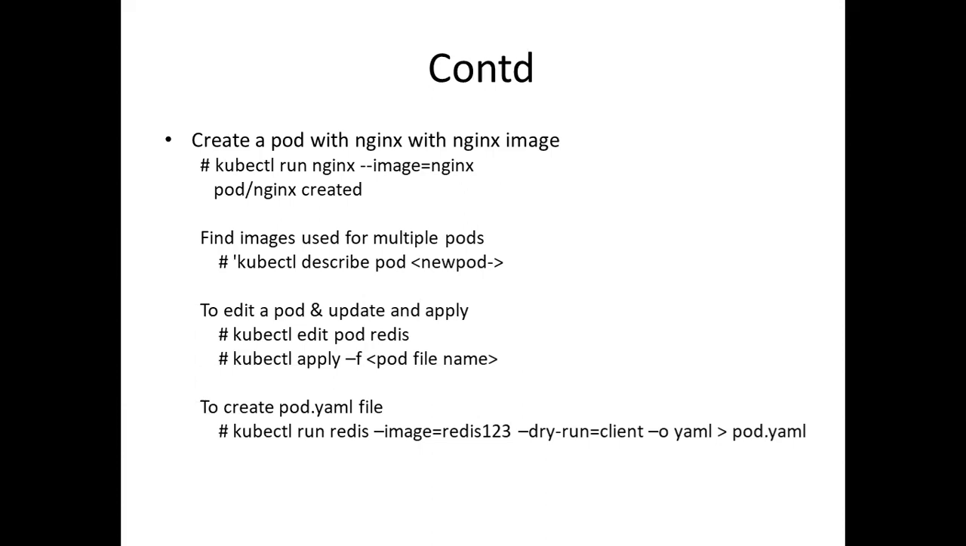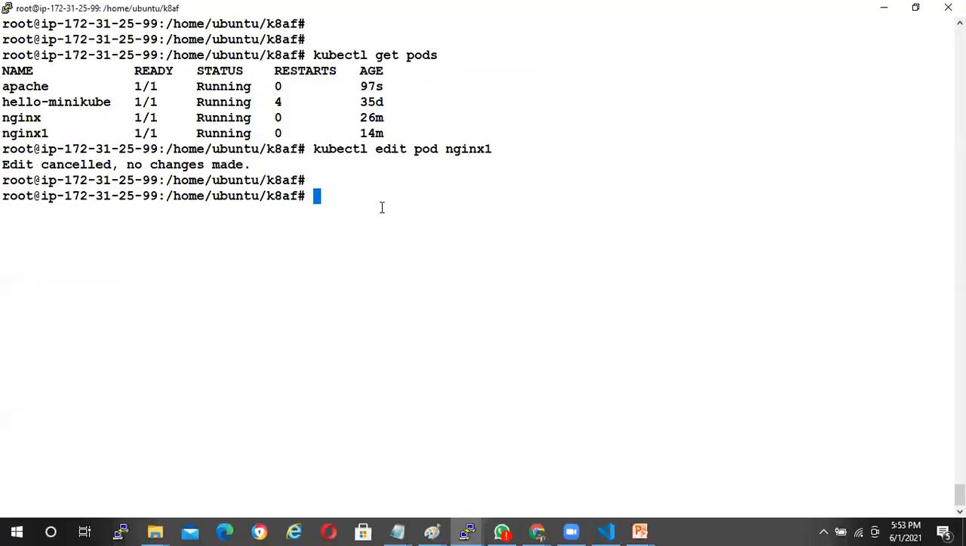Then you can use this command: kubectl run redis --image=redis123 --dry-run=client. That means please don't talk to the cluster, it is just a dry run. -o yaml, and redirect this to the pod.yml file. Just run this thing. So kubectl run redis